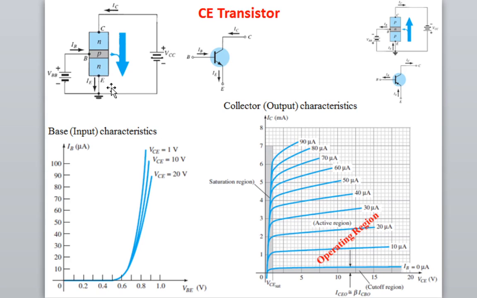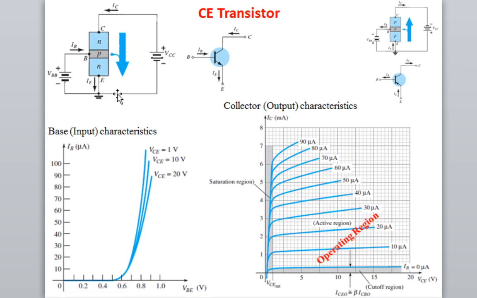In the previous lecture, between input and output the base was common, so that was known as the common base, but here the emitter is common. So this is an NPN transistor and this is a PNP transistor, and this is the symbolic representation of PNP and NPN transistors as I had discussed earlier also. So this is the input port and this is the output port. Between input and output the emitter is common, so that is why this is known as the common emitter transistor configuration.